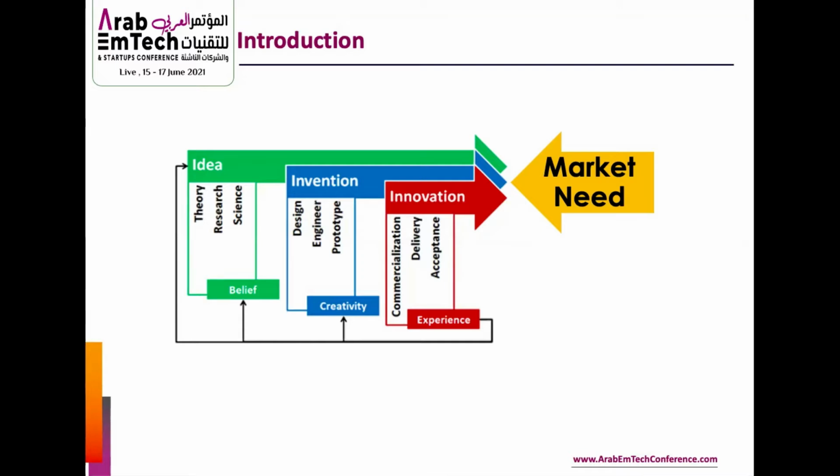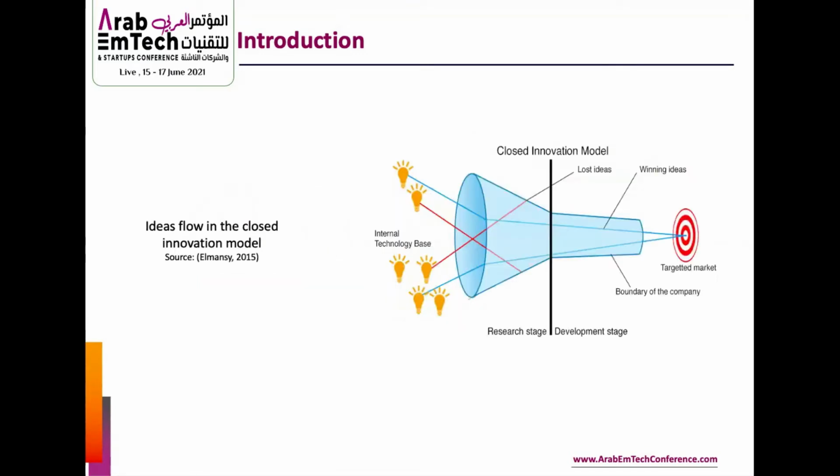Still, this process cannot be streamlined without having cooperation, without having interaction with the community and with those who really have the knowledge. One of the models that can be used in order to innovate is the closed innovation model. Closed innovation model, as we can see from the diagram,